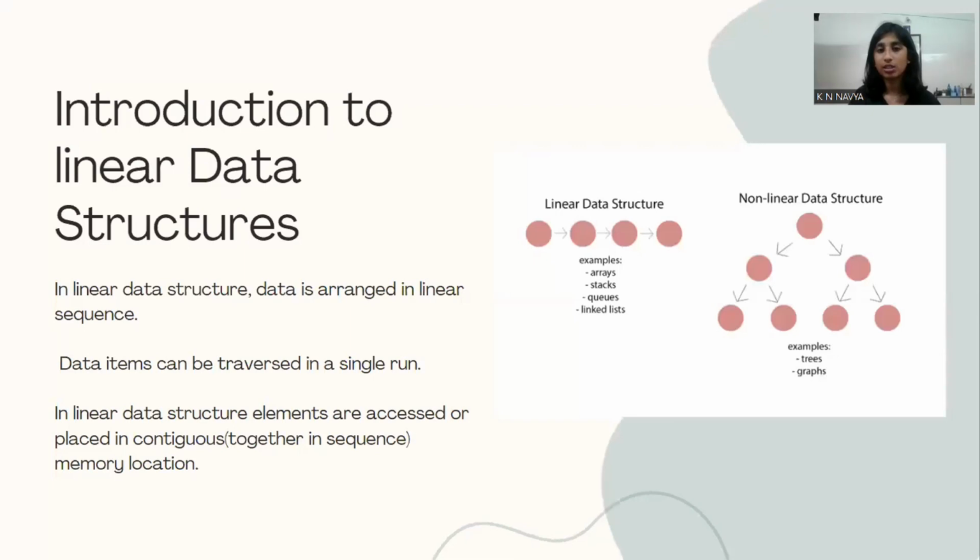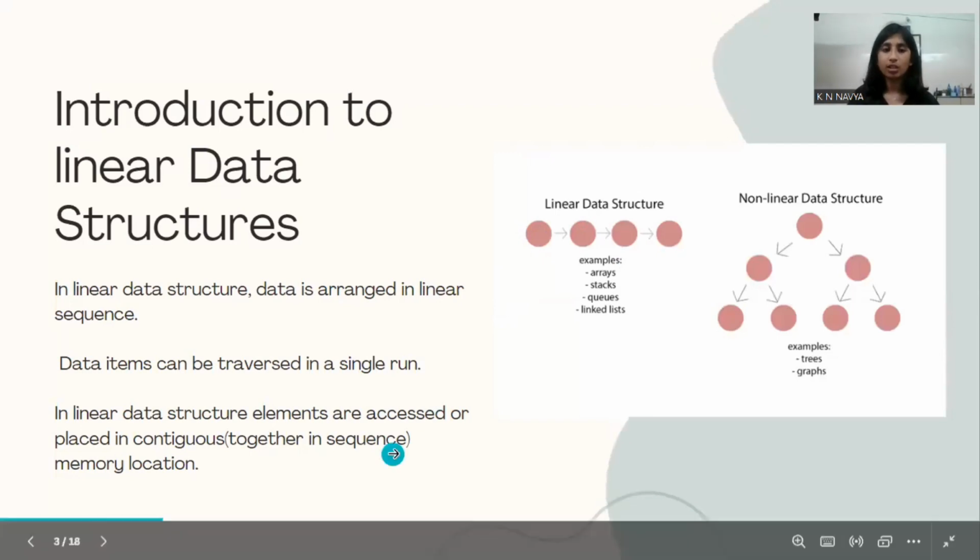As the name says, a linear data structure is a format where the data is arranged in a linear sequence. As you can see in this diagram, the data is structured in a linear format. It includes arrays, stacks, queues, linked lists, etc. The data items can be traversed in a single run. And in a linear data structure, elements are accessed or placed in contiguous memory locations, which means that they are placed